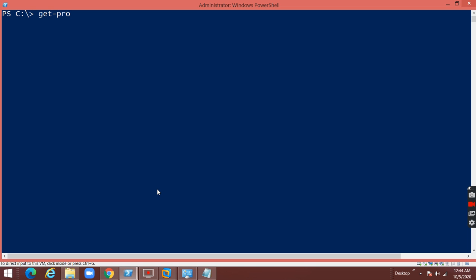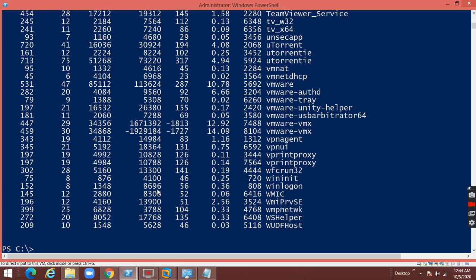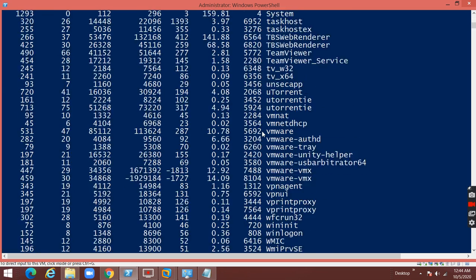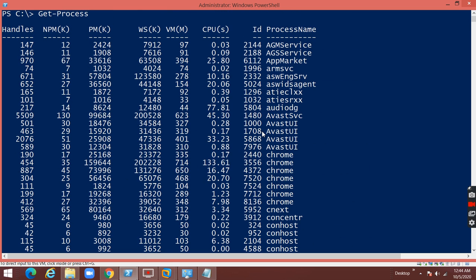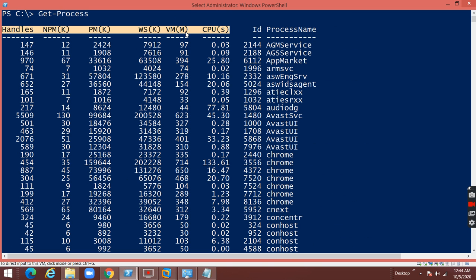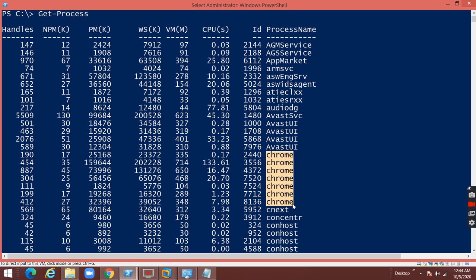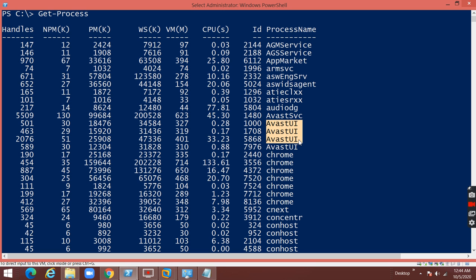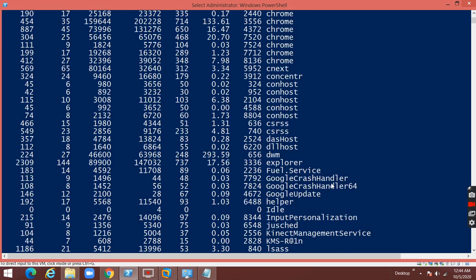get-process. Press enter, it will display all the services and processes running on this machine. So the process name will be here, and this is the information: CPU, VM, physical memory, like that. Everything will be displayed. Right now Chrome is running, and Avast antivirus is running, and you